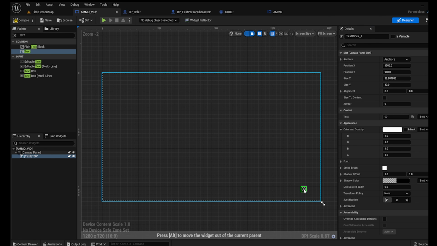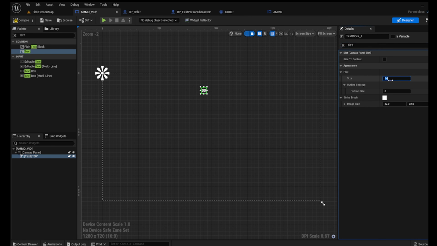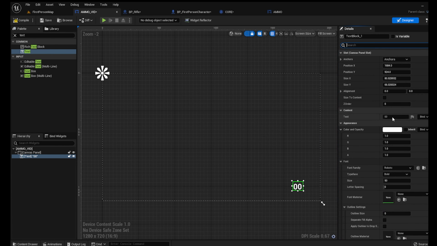You can set it up here. You can maybe like this and change the size. You can actually search and make it 50 and add it right here. So the next thing, actually, we're going to bind,